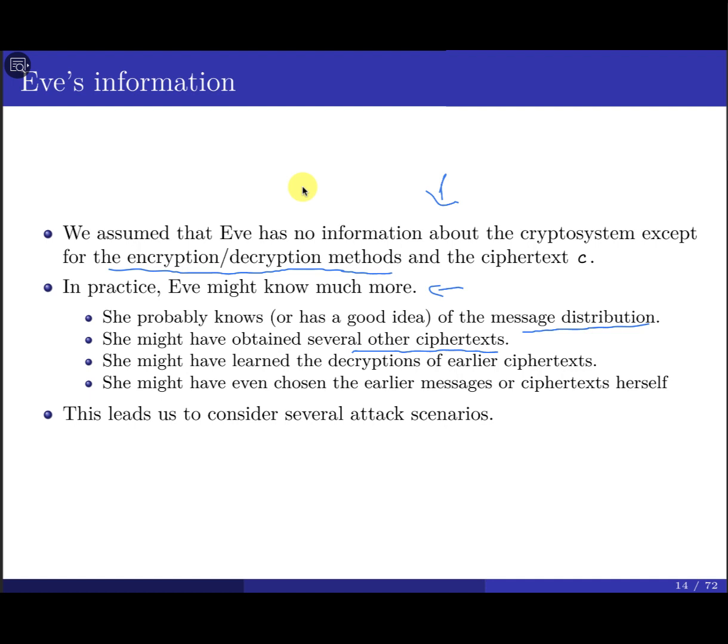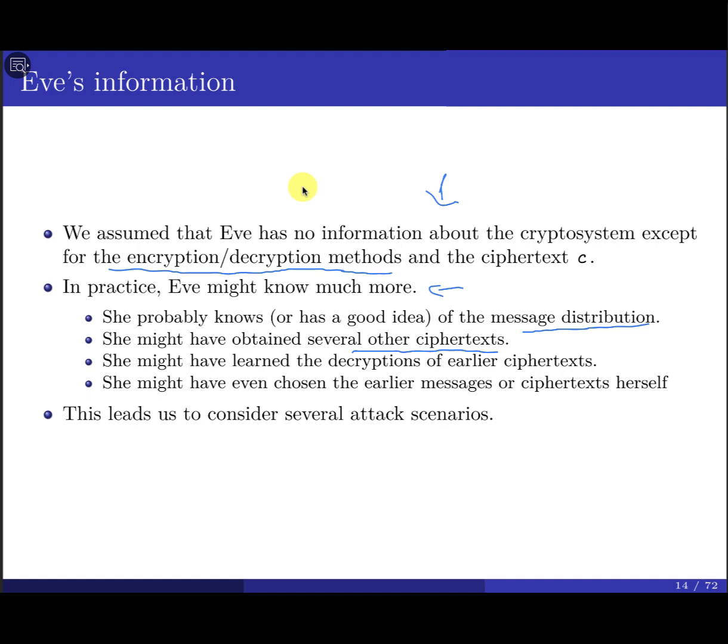We don't assume that she just started now. Maybe she monitored the system for a long time, one month or two weeks ago, etc. So she could actually have access to many ciphertexts. That's why when you work with an encryption scheme, we encourage people not to use the same key for a long time. Try to modify the key. We're going to see this later when we talk about key distribution and session keys, etc.